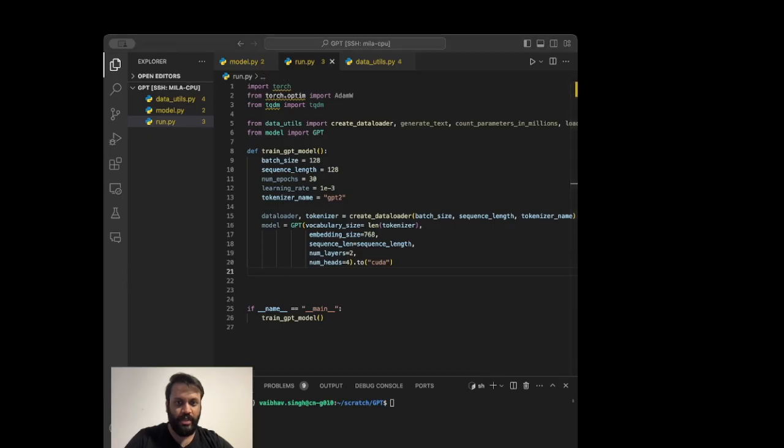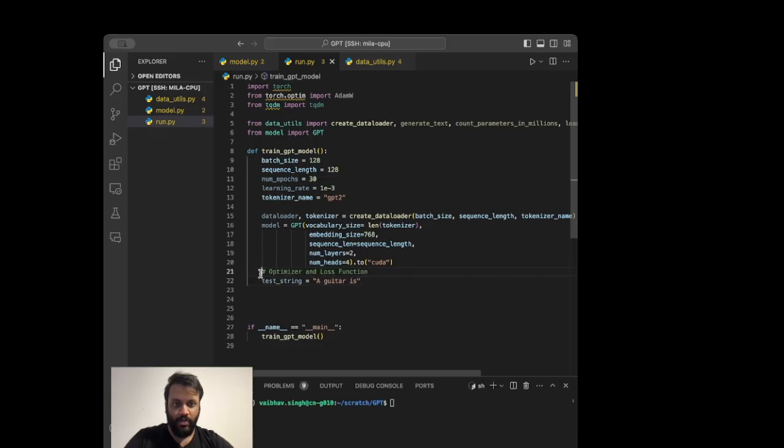All right. Ideally, we should detect the device and then place it there. But I know that I'll be training on CUDA. Okay, so let me now have a test string. We'll define the optimizer and the loss function later, but we'll have a test string, "a guitar is",